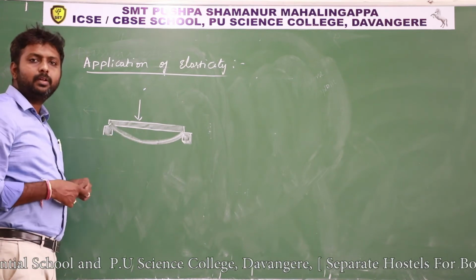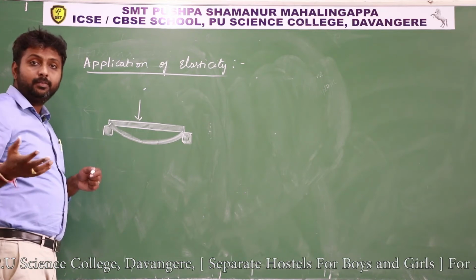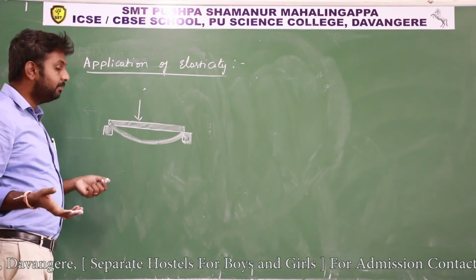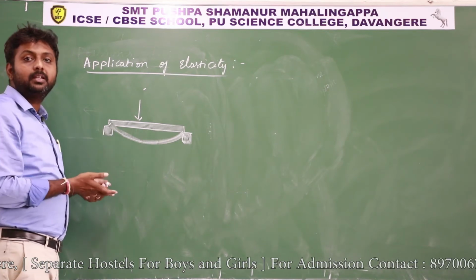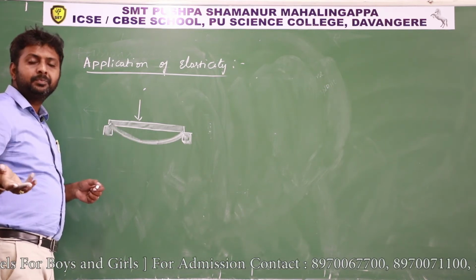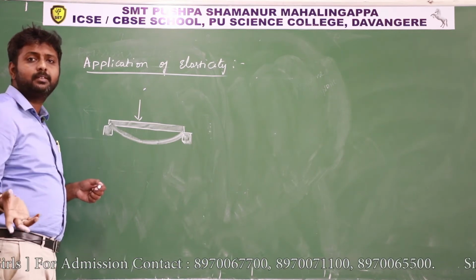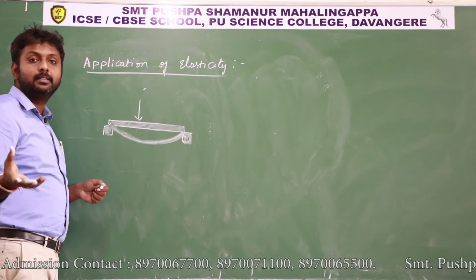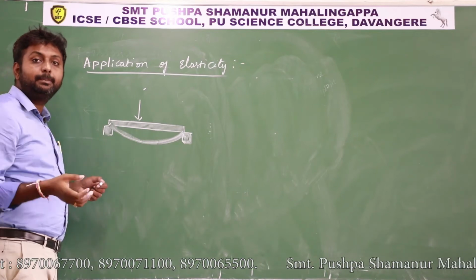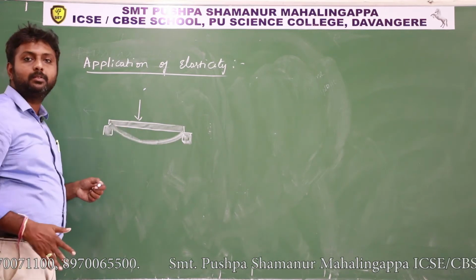And also you know, for every material there is a yield point. Above the yield point, if you apply force, the corresponding stress means it may not regain its original size and shape. Or if the force is very, very large, it crosses the ultimate tensile strength. If you apply that much force, it is called breaking stress, and then this slab may break also.